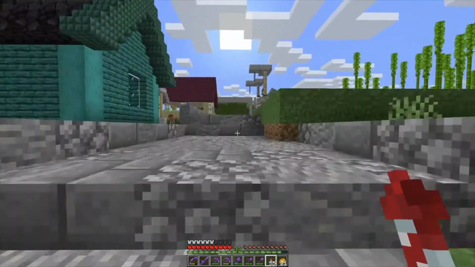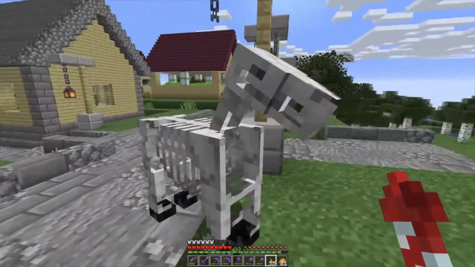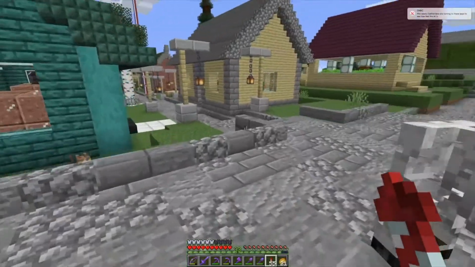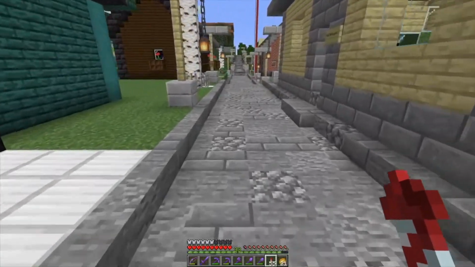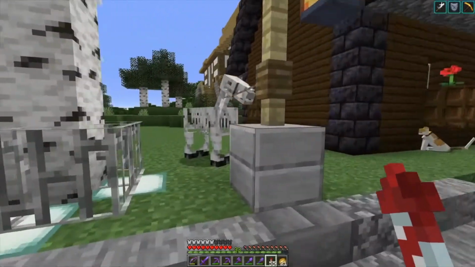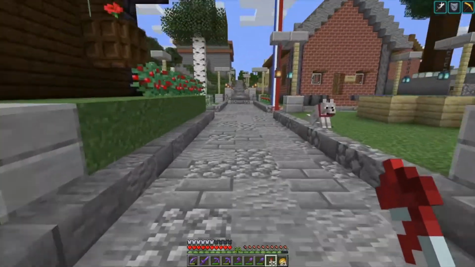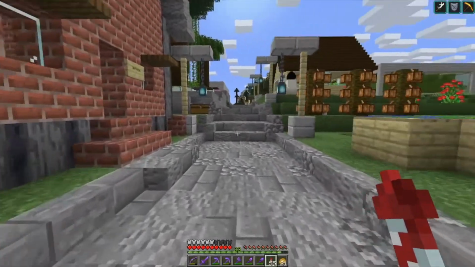Alright, let's take a trip. Oh yeah, I caught a couple of skeleton horses, and thanks to 1.16 you can now tie them up with a lead. The four horsemen popped up, and unfortunately during the battle I killed two of the horses. I really would have liked to have caught all four, but...